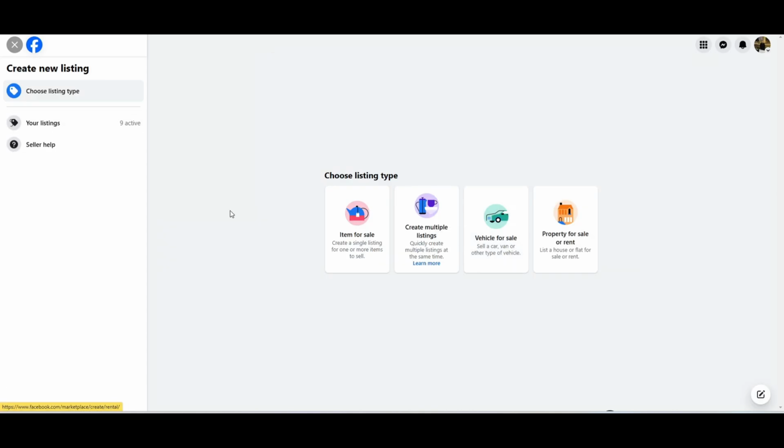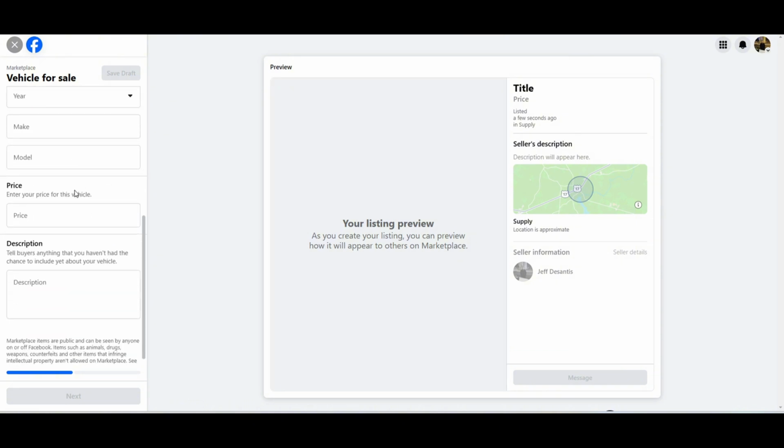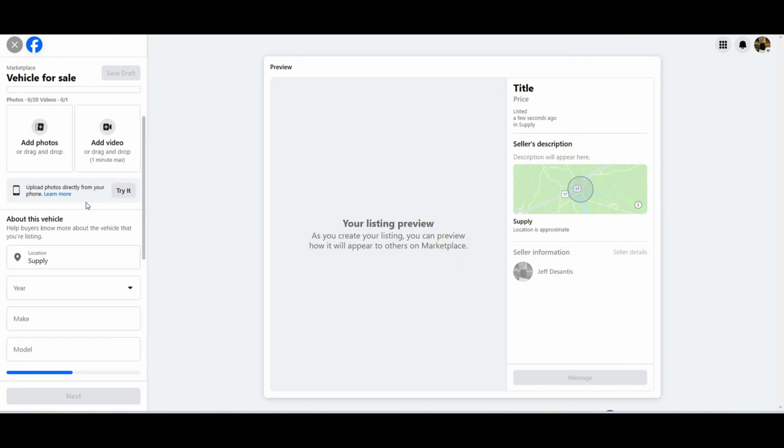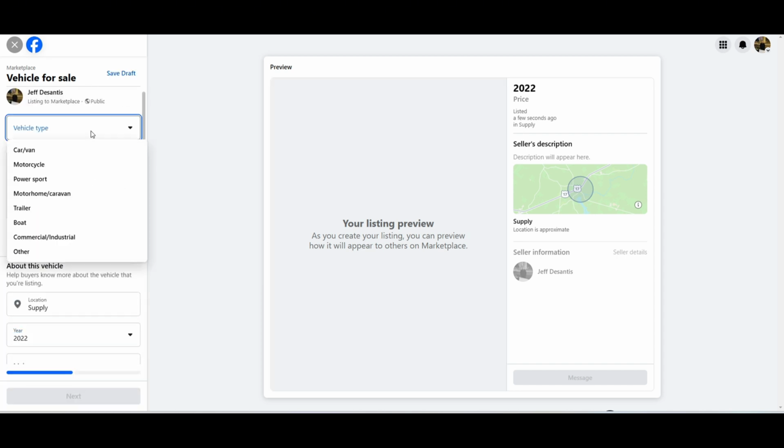Leave page. And I like the vehicle for sale has a couple new features as well, I believe. All of them have videos now. And put in the year there. It's pretty similar. I believe they added commercial industrial this year. So you could put in like work vans and trucks, motorhome caravan. So it used to just be cars and motorcycles pretty much. But now you can do like